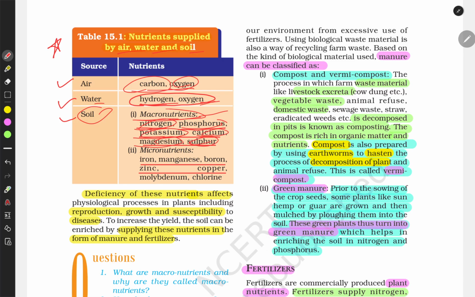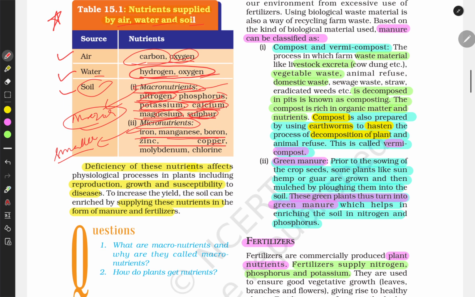These are called macronutrients because they form the major part of the plant, and they are required by the plant. Micronutrients are those nutrients which are needed by the plant in smaller quantities. These are iron, manganese, boron, zinc, copper, chlorine,